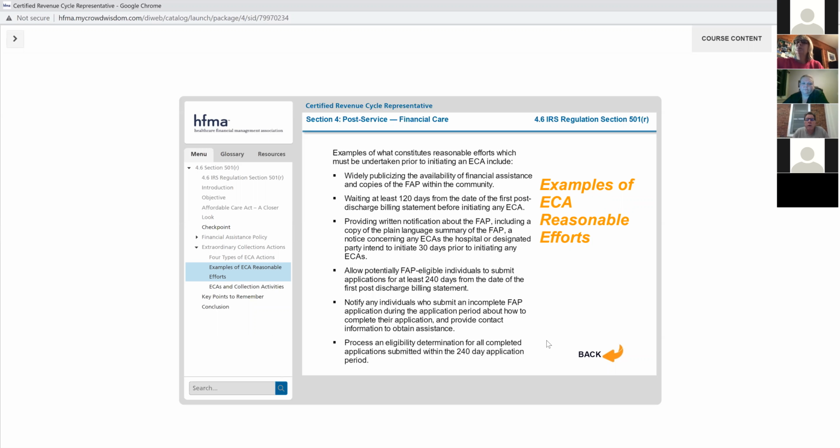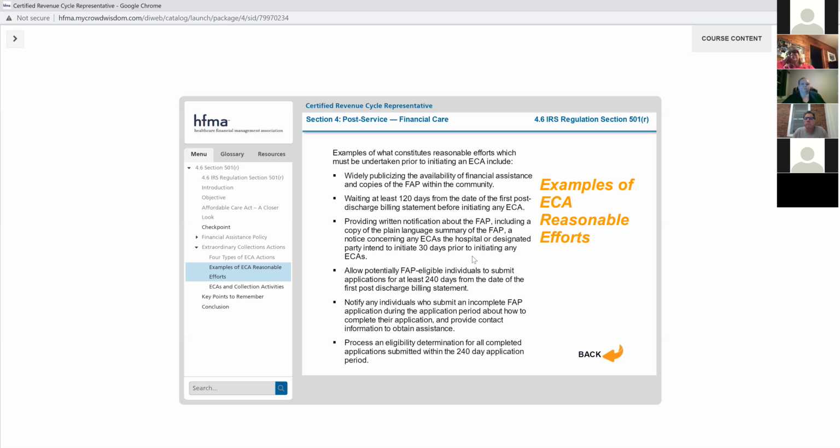30 days prior to initiating any collection action. So you have to communicate with your patients before you place them, if you will. You have to allow potentially eligible individuals to submit their application at least 240 days from the date of the first post-discharge billing statement. So if they're potentially eligible when you screen them at registration, they have 8 months from the first billing statement